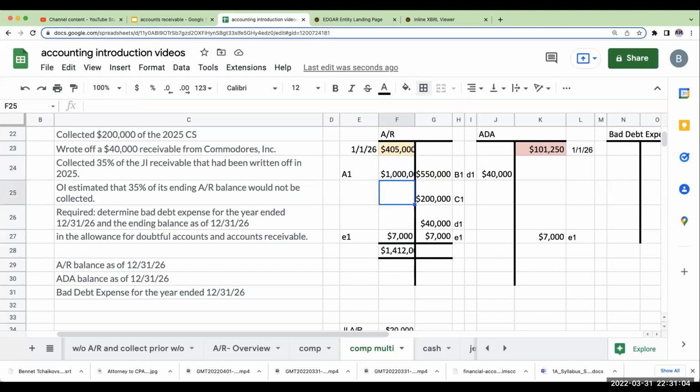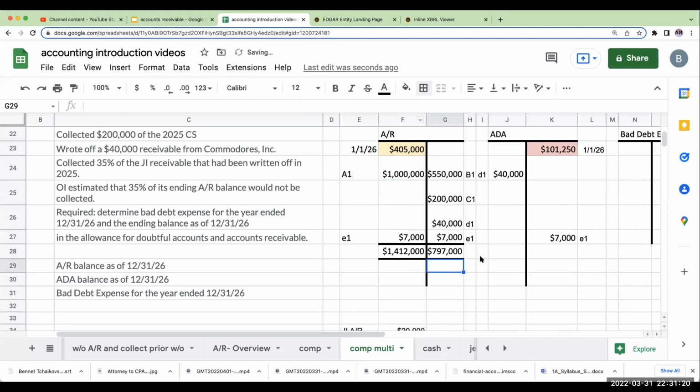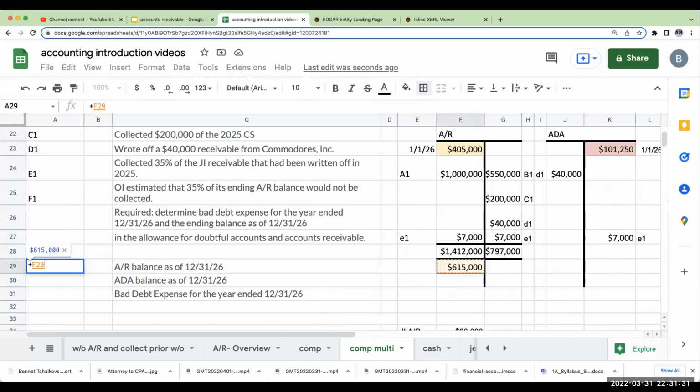I had credit sales of $1 million, and then I reinstated an AR that I had previously written off. Over here, I've got collections of $550,200. I wrote off a receivable for $40,000 this year, and then I collected that receivable that I had reinstated. So my ending balance in accounts receivable is going to be $615,000. So this is my ending accounts receivable balance as of 12/31/16, and this is going to be a debit